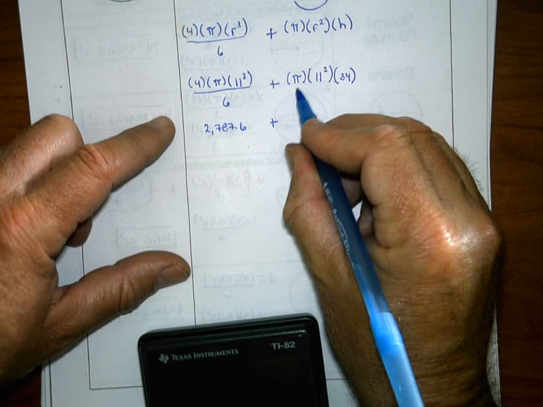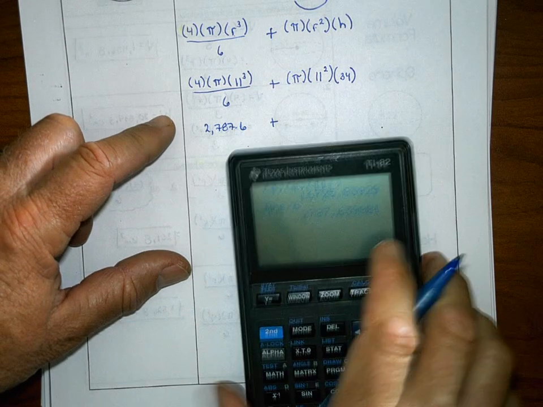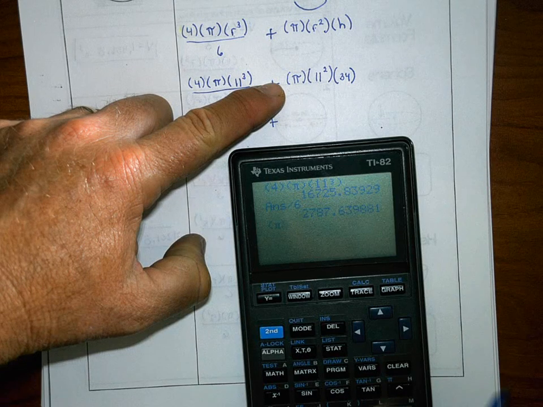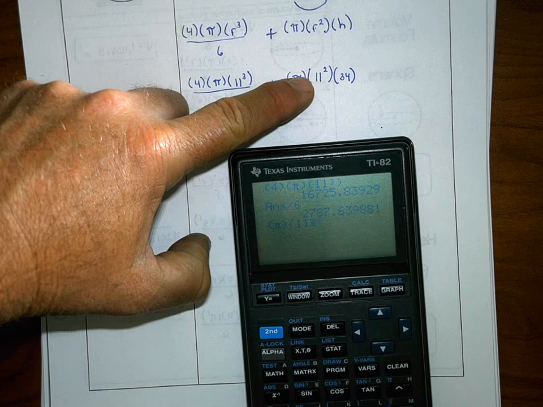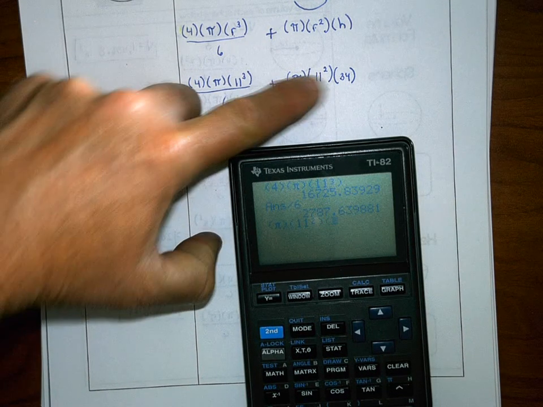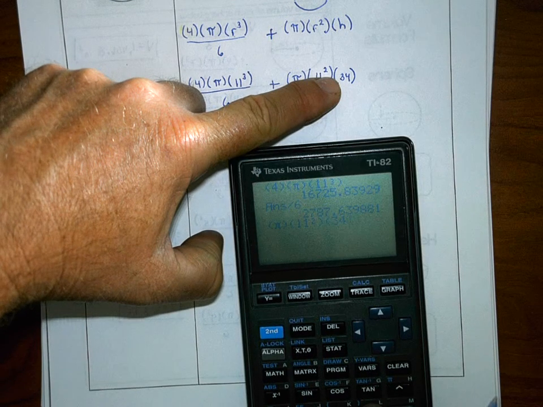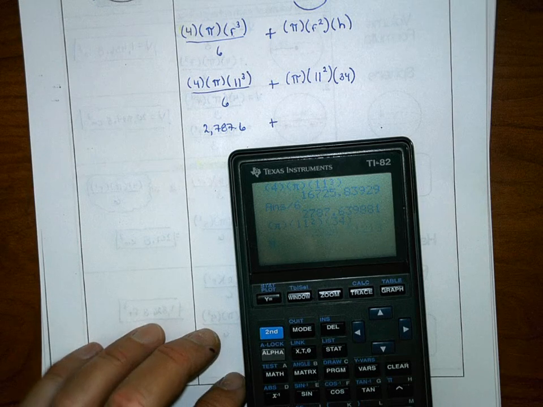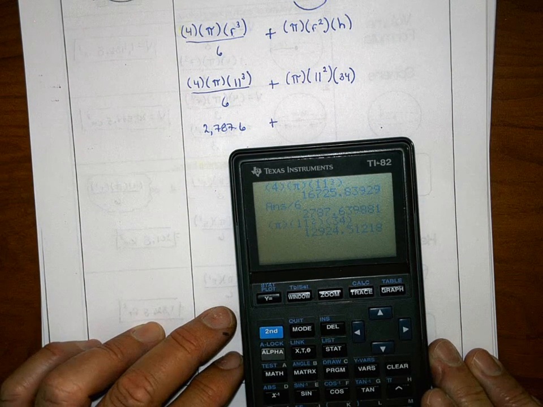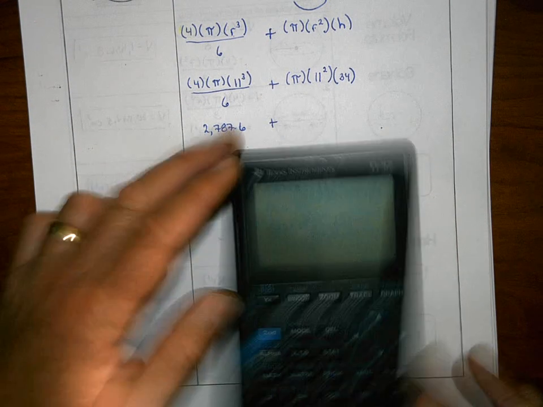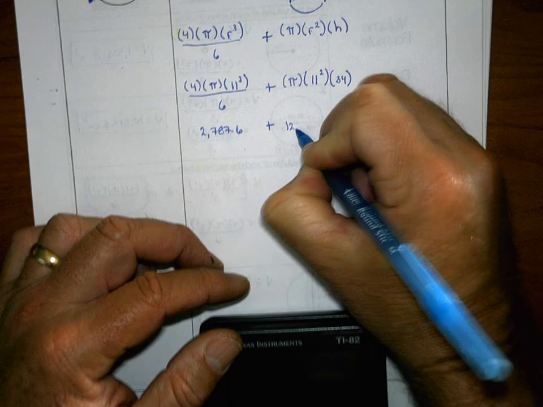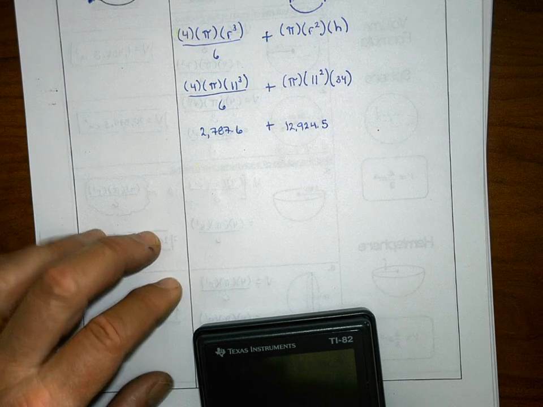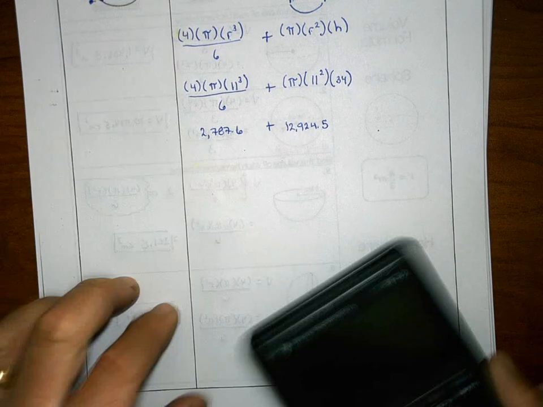Then I'm going to see what's the volume of my cylinder. For my cylinder, I'm going to go pi times 11 squared, multiply that by 34, which is the height of the cylinder. I don't have to divide by anything because there's no dividing for the volume of a cylinder. And that is 12,924.5. So then to find the total volume, which would be how much grain this silo can hold here,